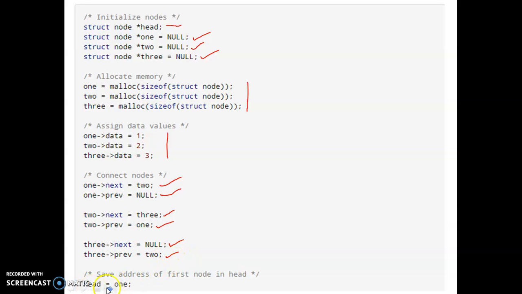Head equals 1 because the first node is the head node. This is a simple assignment of the nodes. Because we created the variables with meaningful names, we easily know that this is the first one, second one, third one, so we can connect them easily. One next is two, two next is three, three next is null. At the same time, three previous is two, two previous is one, one previous is null. Next